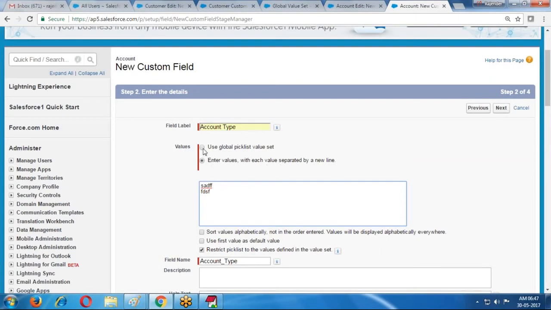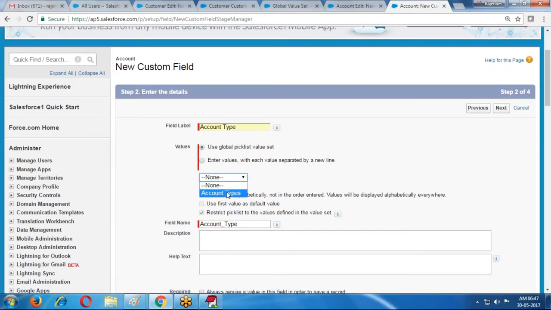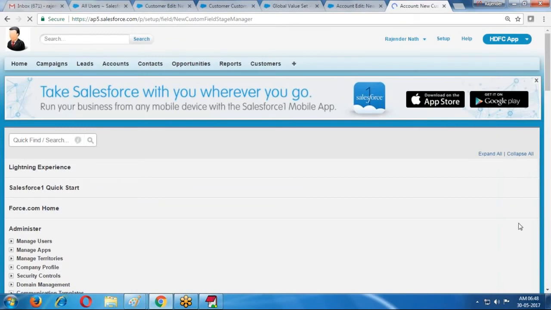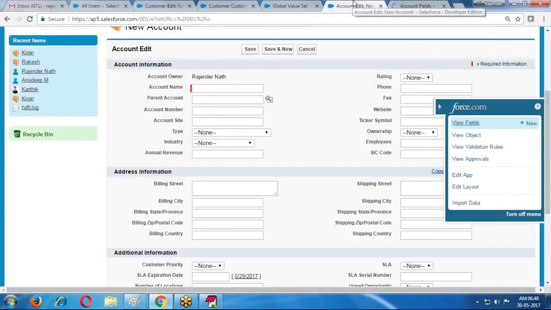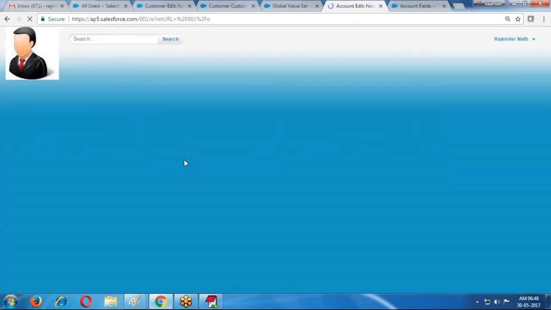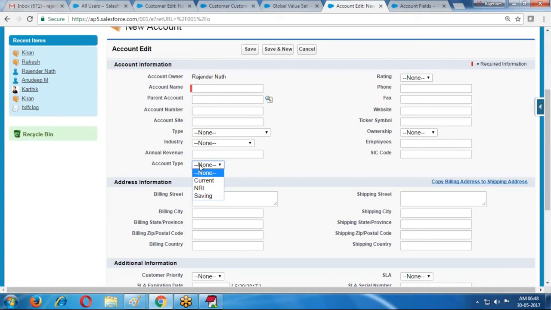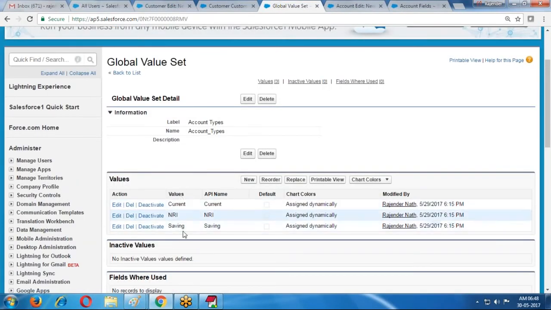Otherwise, you can select the global pick list value. If I select the global pick list value, then this value is available for your object. If I save it, the account types field is created, with current, saving, NRI provided by default from the global pick list values.